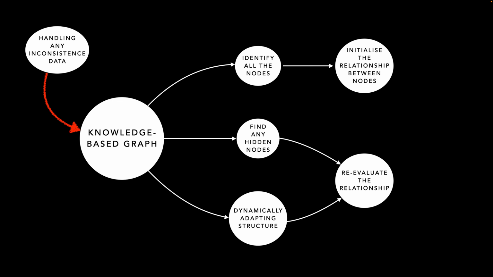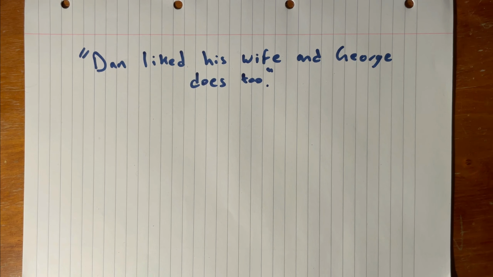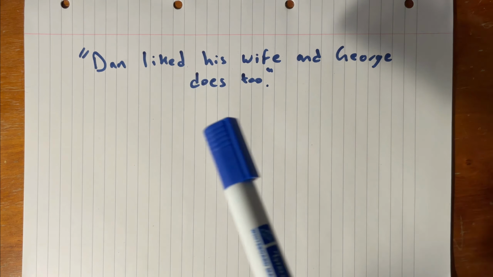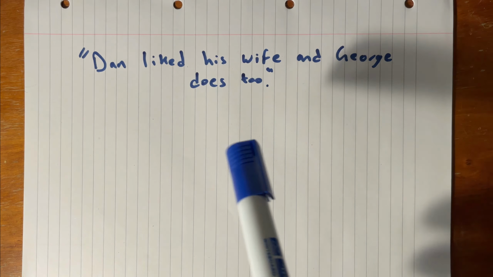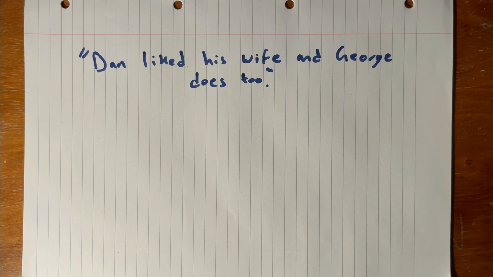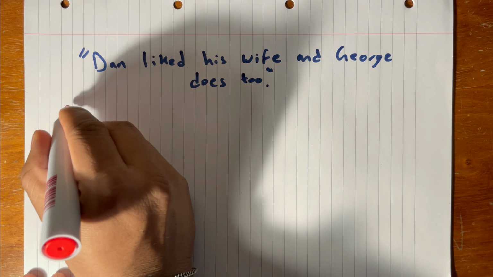The main concern to keep in mind is that since more nodes are constantly being introduced, how would I handle any inconsistent data or any illegible data as well? So here is an example of my dynamically adaptive knowledge graph. This model could be applied to the case of NLP as well. So given the sentence, Dan likes his wife and George does too, we can say that since